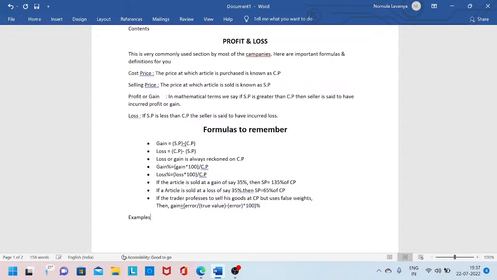So I'll go through these tricky formulas also. So tricky formulas are like, you know,